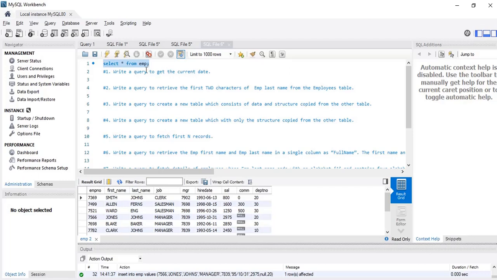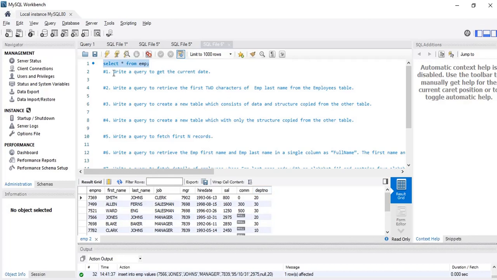So let's begin. So first of all, I am going to use this one table which is EMP, basically employee table, which has these columns: employee number, first name, last name of the employee, job, basically what is their job, the employee ID of the manager, MGR means manager, then the hire date, then what is the salary, what is the commission, what is the department number. So this is the table EMP.